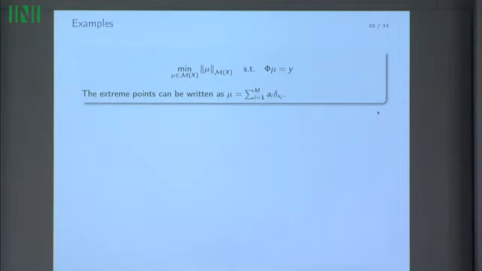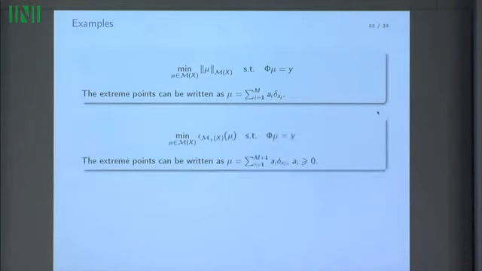So let's take examples and reapply our theorem to standard problems. For the continuous sparse pursuit, you will find that again you have this structure in the solution. You can also study the feasibility problem. Here you're looking for a measure mu which is positive, under the equality constraint again, and right now you need m+1 Dirac masses. Why do I need m+1 Dirac masses? I know that everybody wants wine, but just to see if you were attentive.